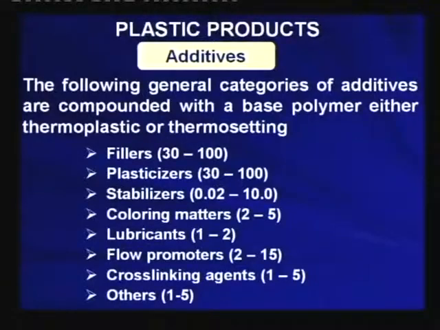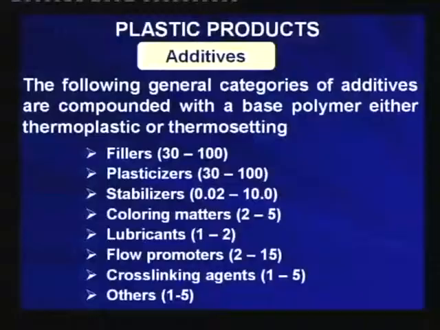Then the final product may remain in thermoplastic stage or in thermoset stage. If it is to be produced in thermoset condition, as a thermoset type of product, then you have to use some cross linking agent, and there are various other miscellaneous ingredients, like say antistatic agents, flame retarding agents, fire retarding agents. So, other ingredients are used.